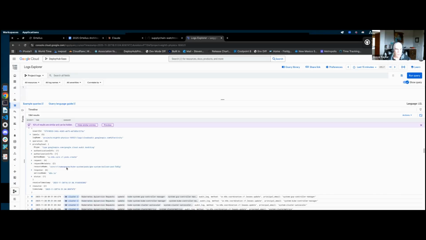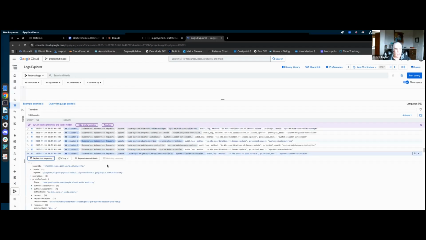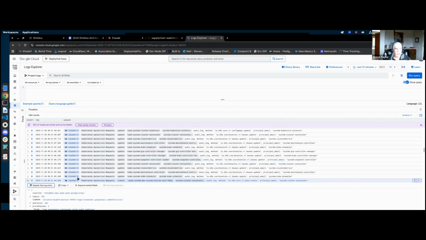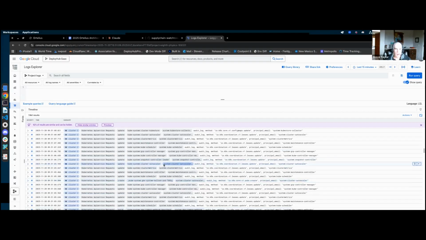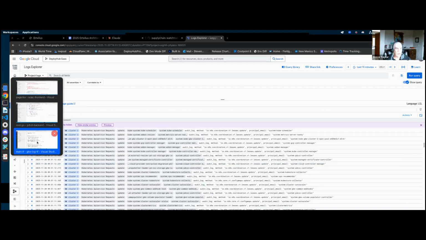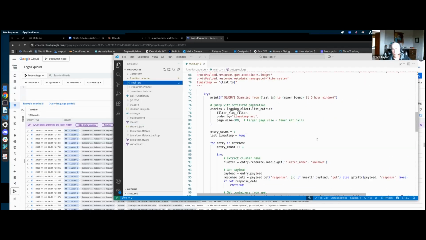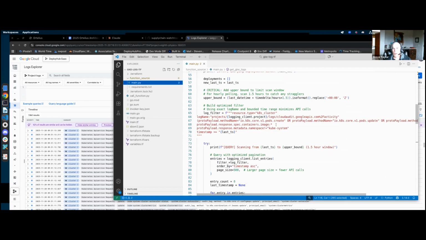There's some internal Kubernetes stuff that happened, like the pod schedulers and things like that, which all get shoved into this output, and we look for specific ones. We're looking for a specific payload. So if I throw this in here,